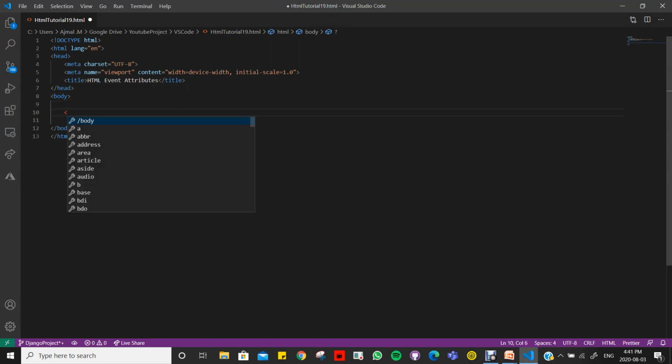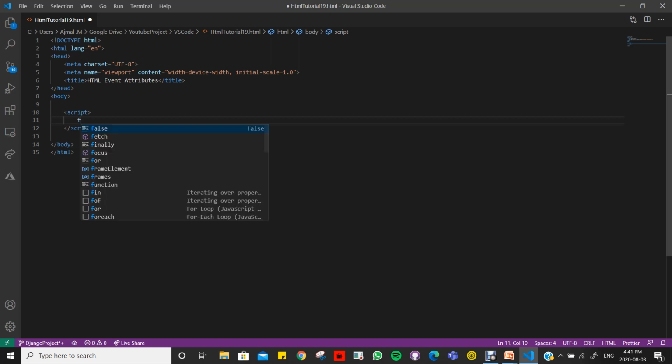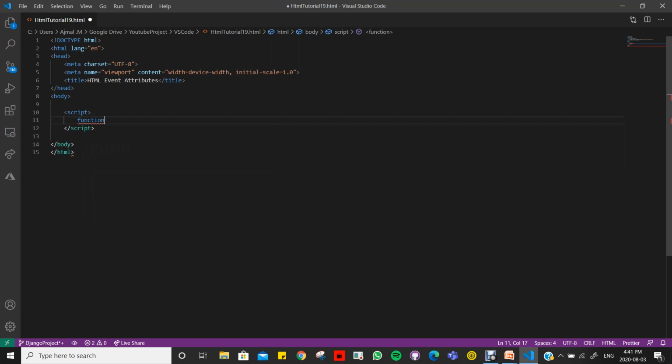First thing first, we're gonna have to write a script, and we're gonna write a simple function here to display an alert upon the user loading the page. So we're gonna call this function my click. That's pretty self-explanatory,